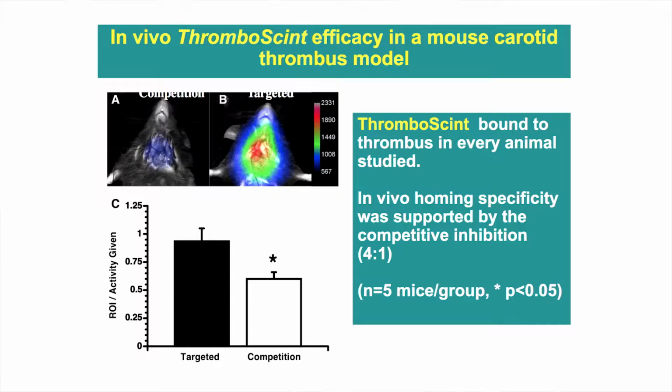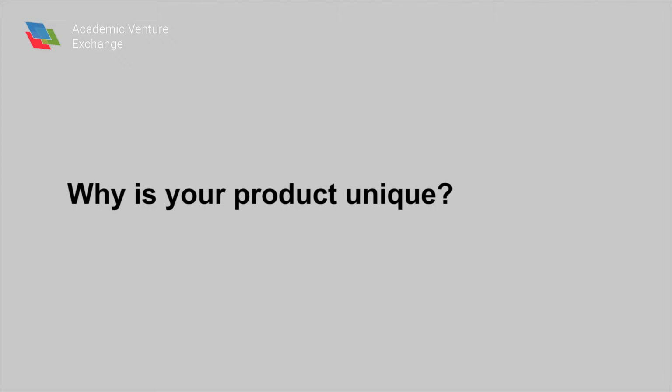To date, the most convincing data has been ex vivo data, although we've done these types of studies in rodents. We have shown that unlike other probes that only bind to newly formed clots, these bind to clots that have been formed and aged in the body for between 7 months and 2 years. So it's able to bind these almost tenacious concretions, if you will, of fibrin and stick to it irreversibly for